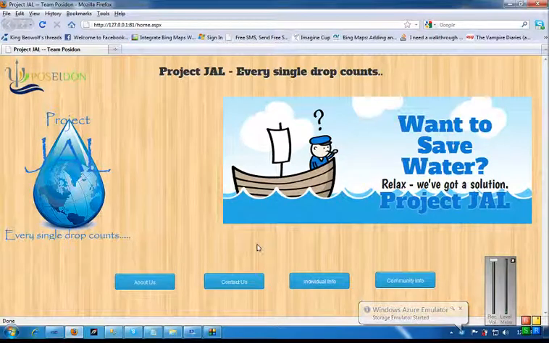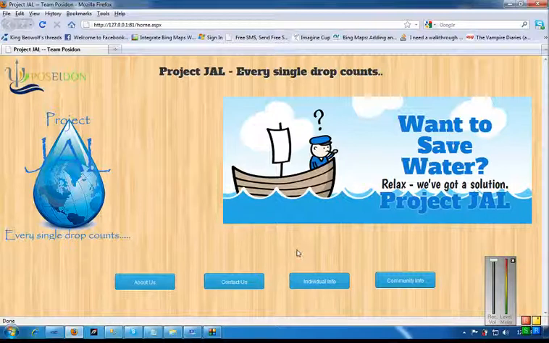Hello. Now in this segment of our video, we are demonstrating the Windows Azure web application that will be running at the top of the hierarchy of the project. This particular website has SQL Azure in its backdrop, and it will assimilate the values from all the embedded devices deployed in households, and get the real-time values from the flow sensors.